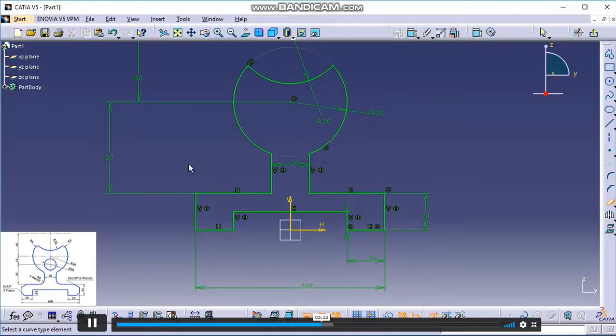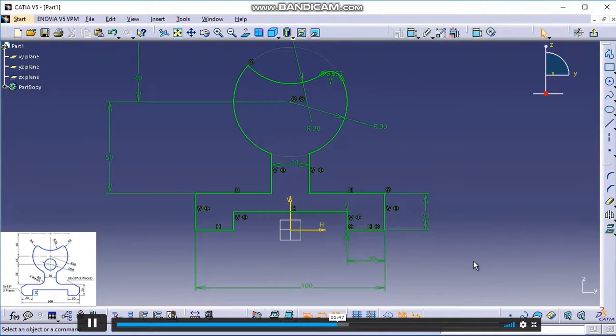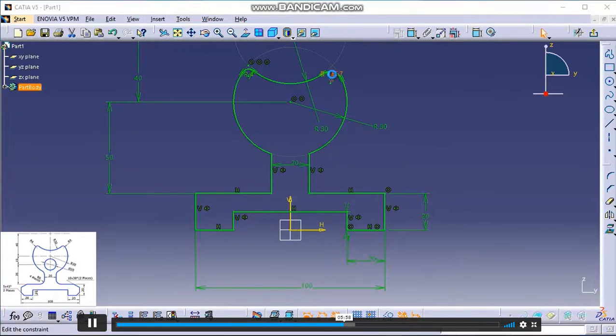Now we will give the radius and chamfers. After that we will input the circle which is here. Let us first take corner. Select this circle and this circle, and before that you can change here to trim all elements so that the input curves will be trimmed. Similarly, I'll take corner between this line and this line. Now double click on this value. This is 4 mm radius. Double click here, 4 mm radius.